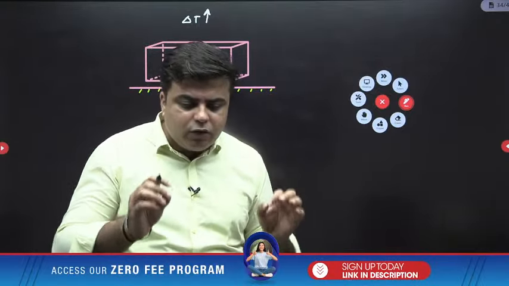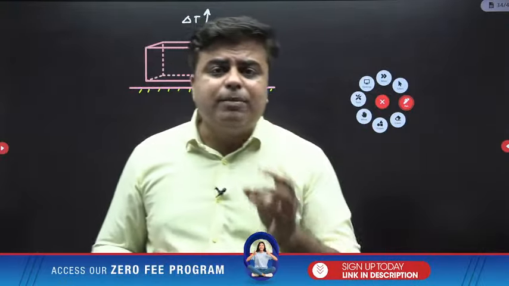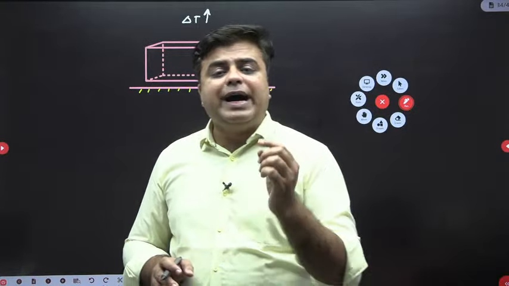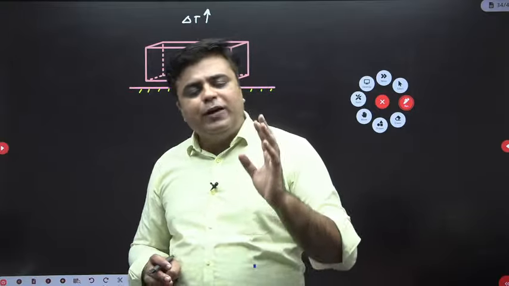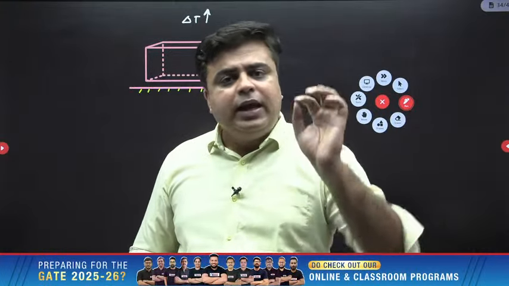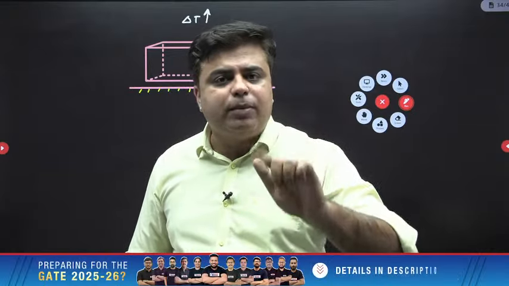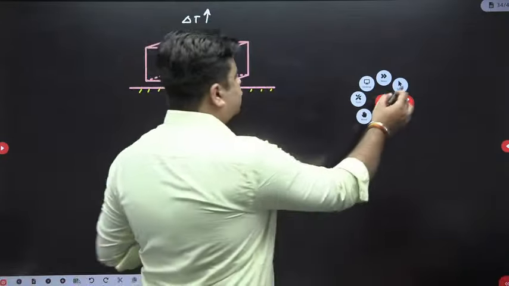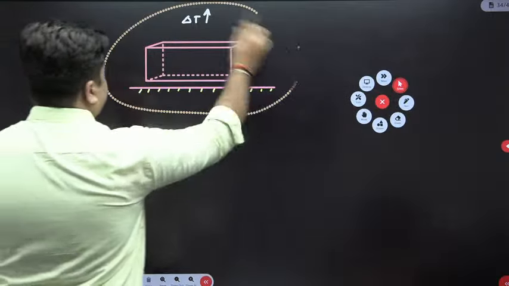Now I am telling you one very important thing. Thermal stress is a property of the material, and we are talking about isotropic materials. So if we are restraining the bar in 3 directions, first thing is, in all 3 directions, thermal stresses will be induced with the change in temperature. In this question, what they are saying is,